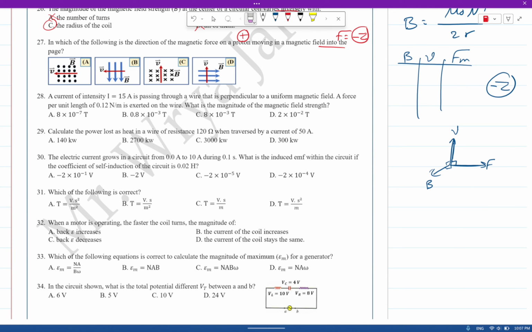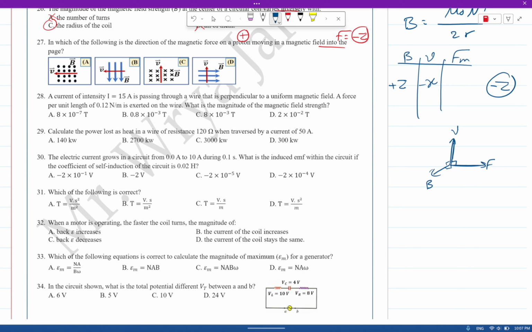Now you will see what I mean by this. In the first option, you can see that the magnetic field strength is pointing outward, so that is out of the page. Out of the page means Z positive. If the magnetic field is on the z-axis, can the magnetic force be on the z-axis as well? No. So from this point on, we can say option A is incorrect, but let me tell you why. V here is basically towards your right, so we can say it is towards the negative x-axis. So if you use your right-hand rule now,